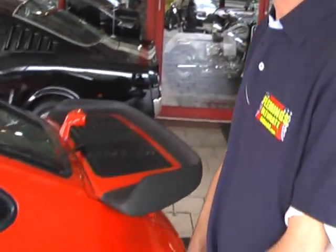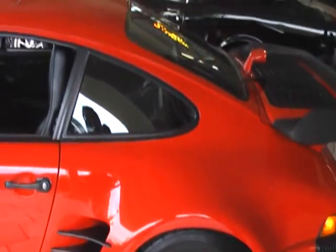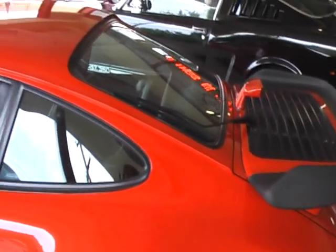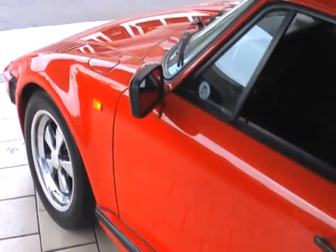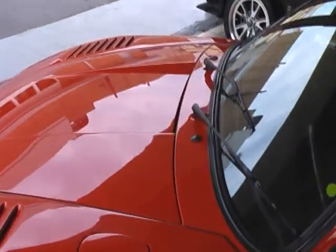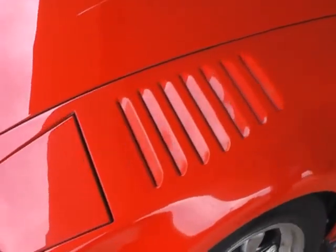factory done. Now, to understand the factory slant nose, you need to understand the changes that were made. These cars, of course, were built in Stuttgart, and after they left Stuttgart, they went to the factory race shop by Porsche for these conversions. The idea of the conversion came from the Porsche 935 racing program. And because of the popularity look of those cars, Porsche figured, why not make our own conversion for use on